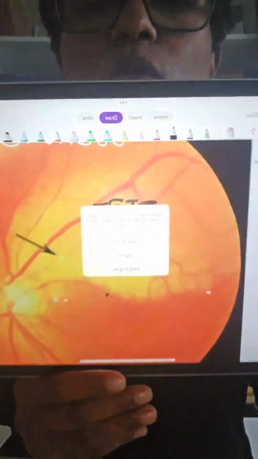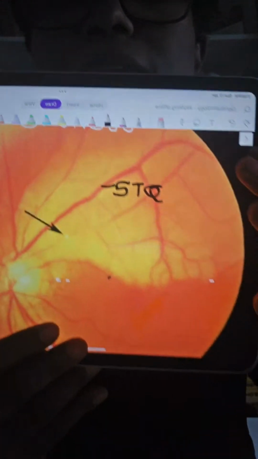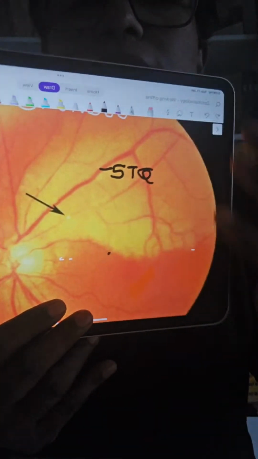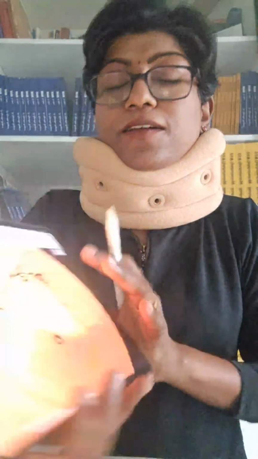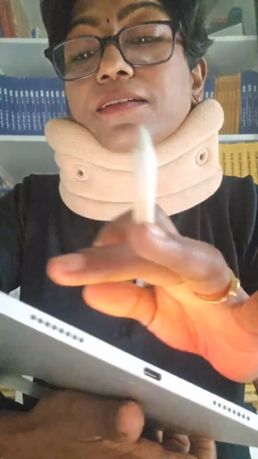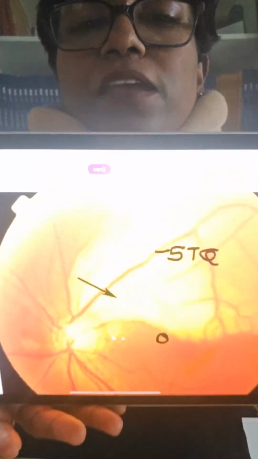So the foveola, what I marked, what is happening? The foveola that I marked here in a small circle. Where did that circle go? It's like magic. I'm showing magic here. All right. Okay. Sorry, with this color, I'm finding it difficult. All right. So guys, do you see that?